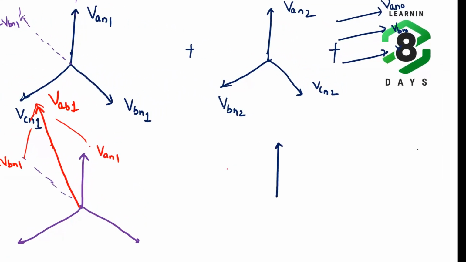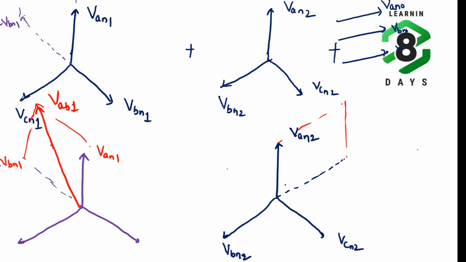And similarly for the negative sequence voltages, what is it going to become? That means we are calculating the negative sequence line to line voltage. VAN2, VCN2, VBN2. Okay. So this value, VB value will be opposite like this. So if we add this phasor sum, this is your VAB2.